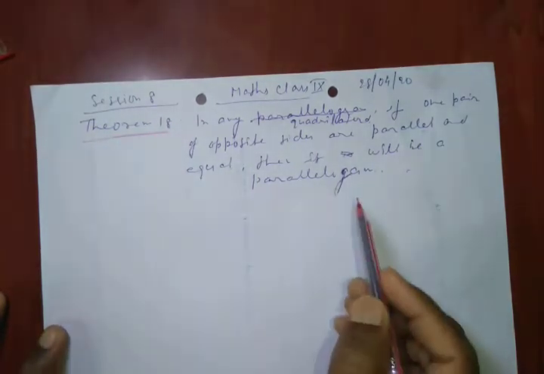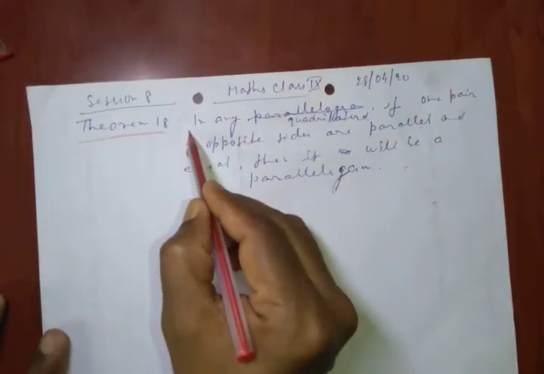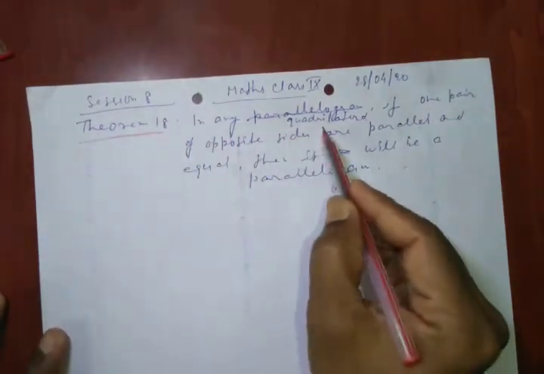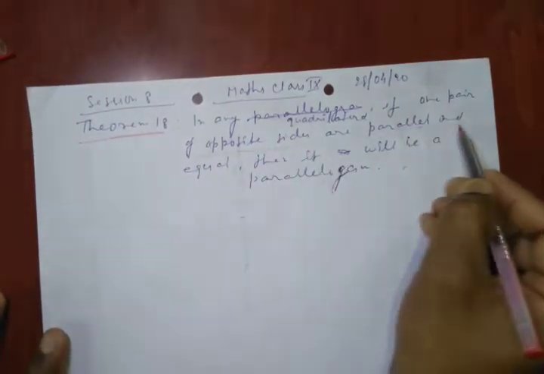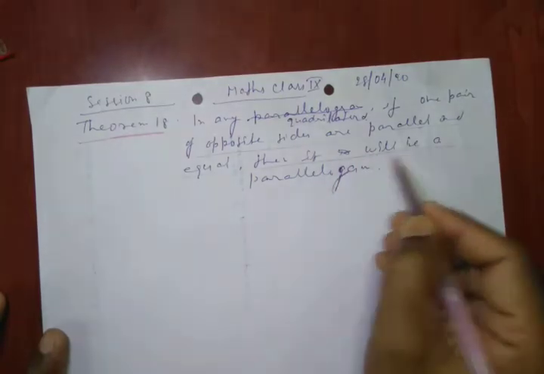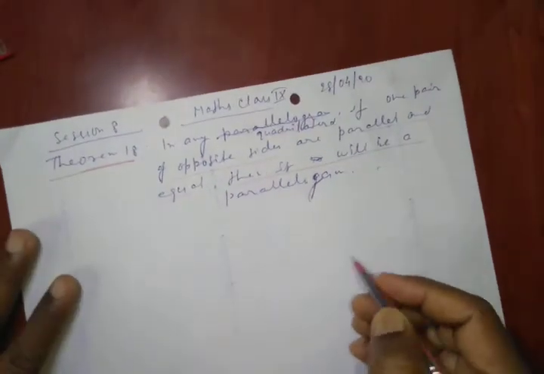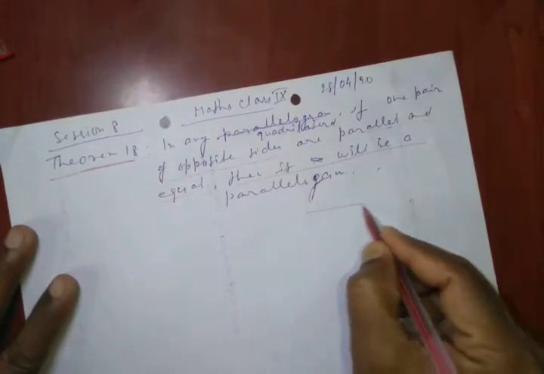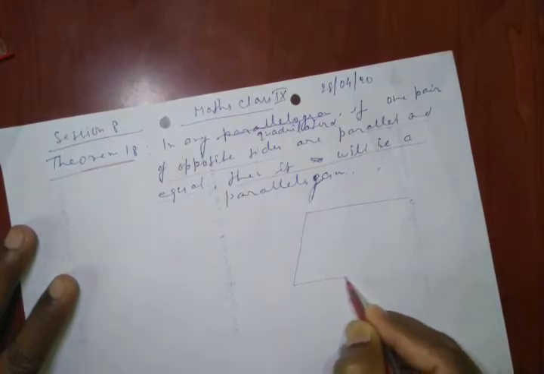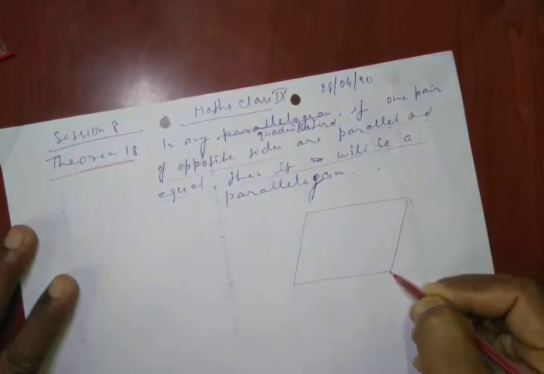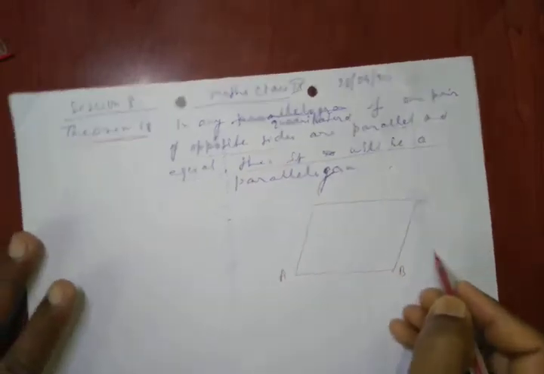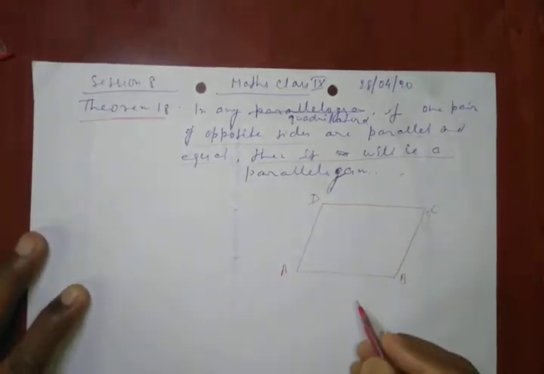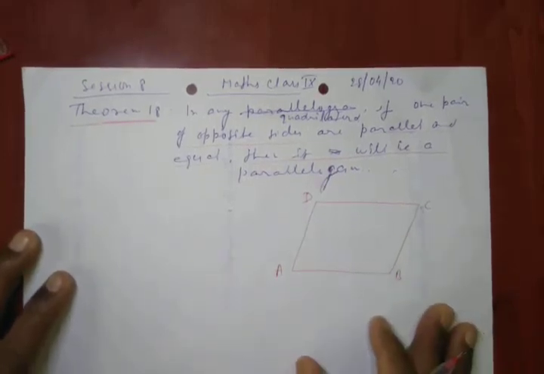This theorem 18 says that in any quadrilateral, if one pair of opposite sides are parallel and equal, then it will be a parallelogram. That is, you are given any quadrilateral, suppose this, with vertices A, B, C and D, and we are given that one pair of opposite sides, only one pair,